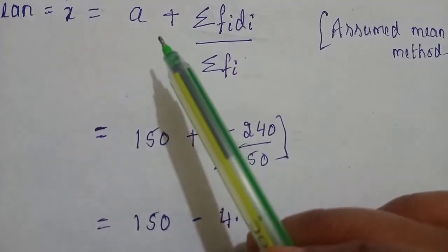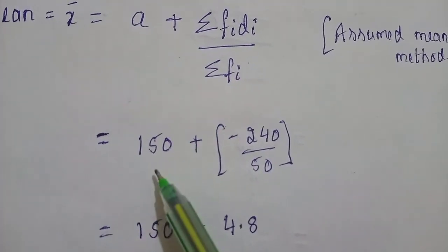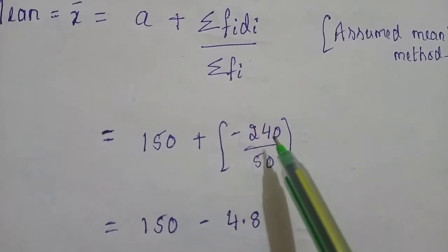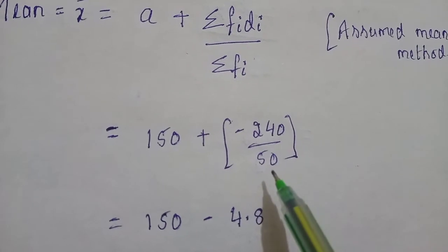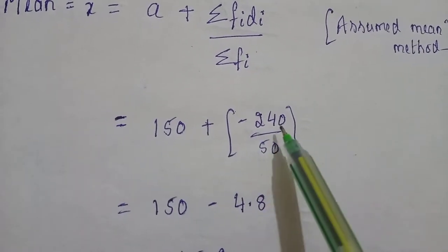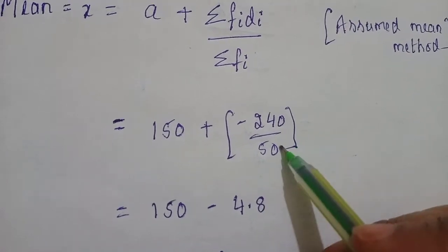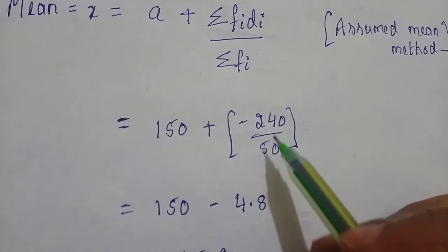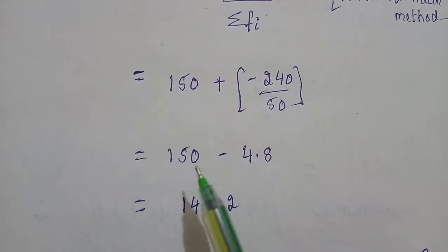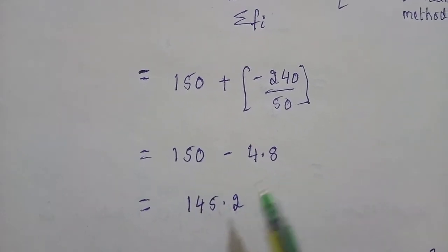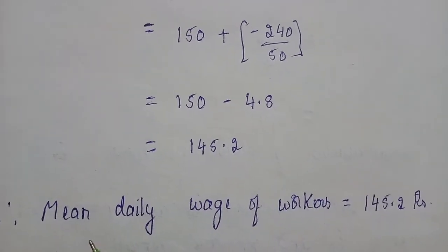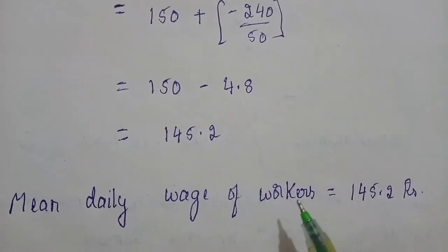Now let us substitute the values: 150 plus summation of fi di, which is minus 240, divided by summation of fi, which is 50. Plus into minus is minus, 240 divided by 50. You can cancel the 0 and 0 and divide 24 by 5. We get 4.8. Subtract 150 minus 4.8, that is 145.2. Therefore, the mean daily wage of workers is